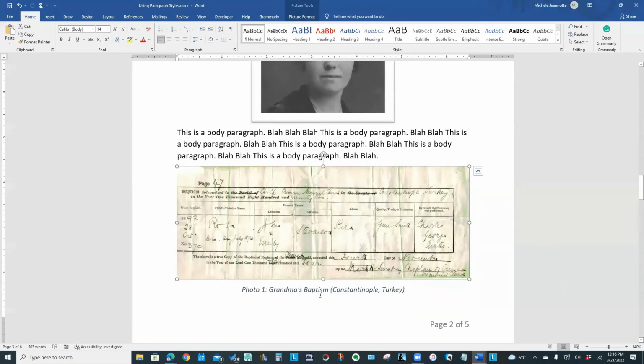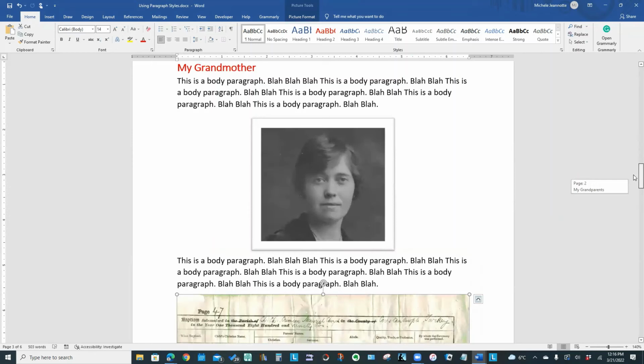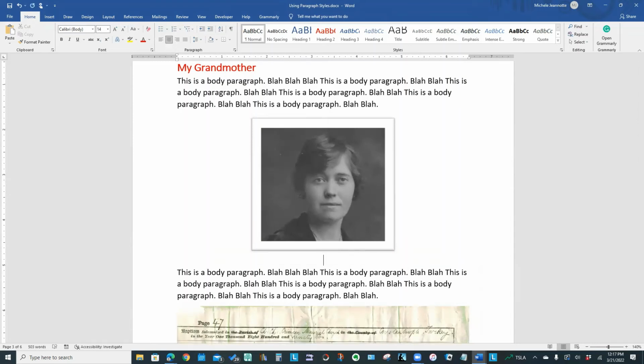So here's my grandmother's baptism record, because she was born in Constantinople, Turkey. Now, I want to put a little caption underneath the pictures to remind me, as well as the readers, what this picture is about. I could just type in a caption,